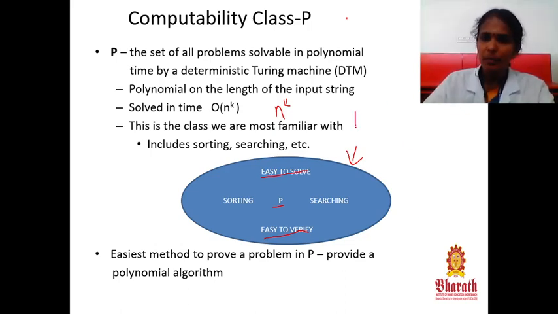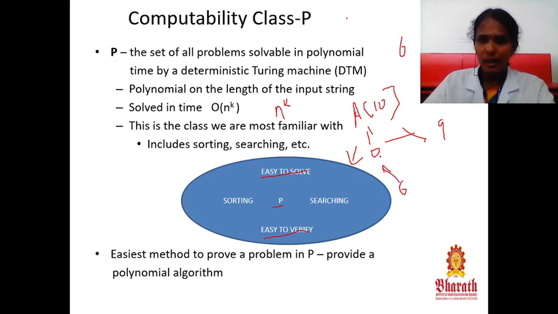What is searching problem? Having an array of 10 elements. If you have 10 elements in an array, how can I search for 6 in this array? To find out whether 6 is present or not, I have to start from 0 and search up to 9. First, 6 should be compared with a of 0. If it is not, I can move to a of 1. If it is not, I can move to a of 2. If it is not, I can move to a of 3. If it is present, I can stop here and find the element.